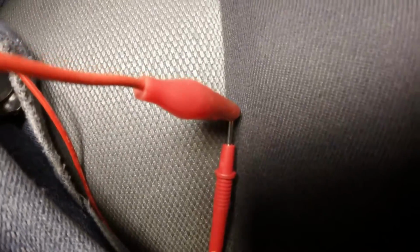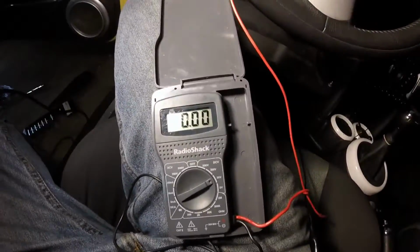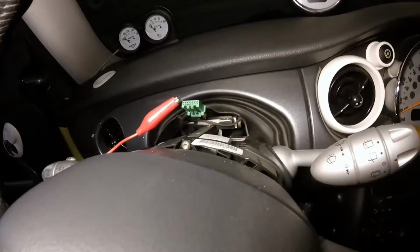And again, the other end of that alligator clip is clipped to the probe, which is clipped to the meter. And as I said, we already know this is the correct one. I tried the other ones and none of them came up with this result. But basically, when you're in there,